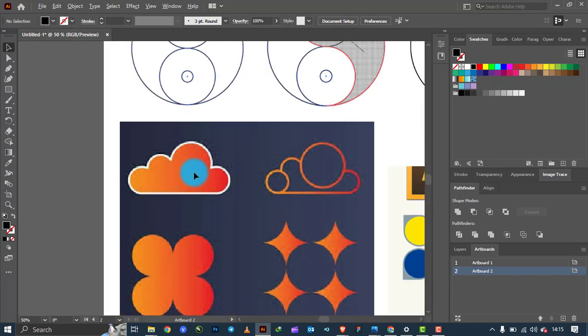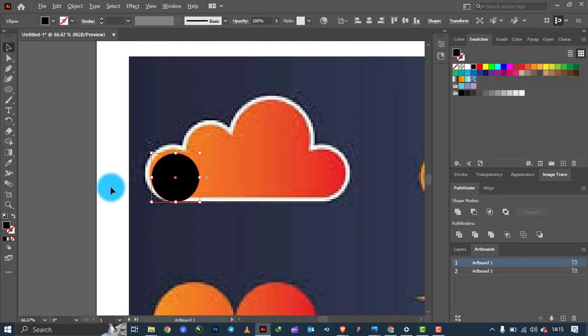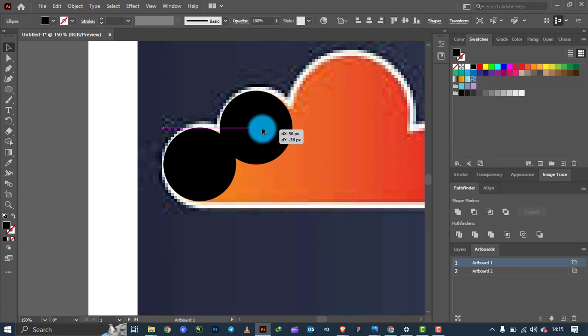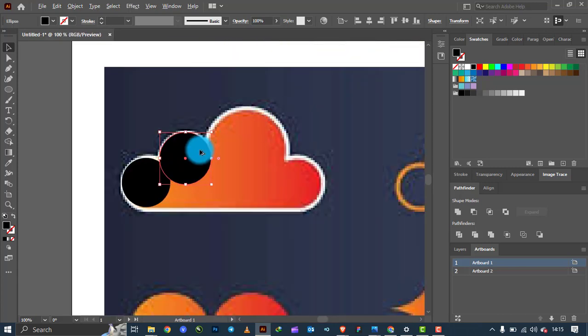So you can even create a cloud with the shape builder tool. How? I'll come to my ellipse tool. I want to draw an ellipse here. While holding Shift, I'll draw that. I'll zoom in, place it right there, hold Alt, click and drag, increase the size a little bit, place it right there, then hold Alt, click and drag, increase the size of that ellipse,